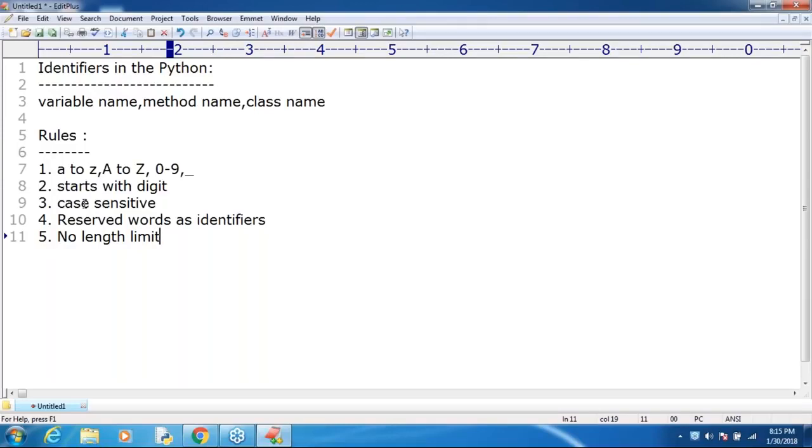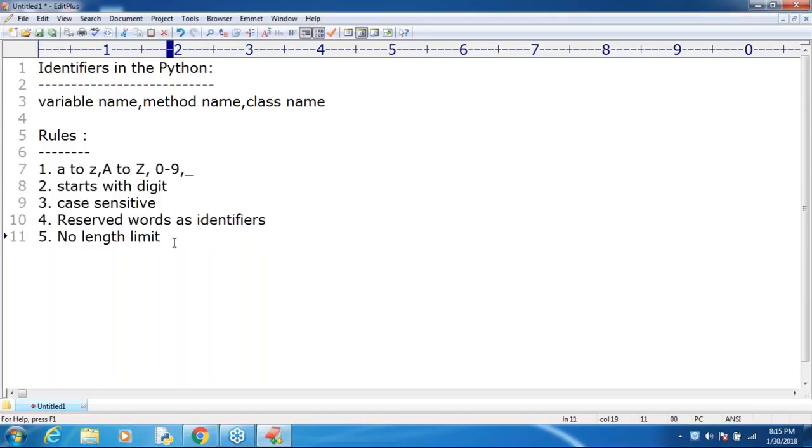It is highly recommended to take meaningful words with minimum length, so that the readability of the code is improved. If you take too lengthy identifiers, readability will go down. Clear? Any explanation required? These are the various important things you should be aware of.